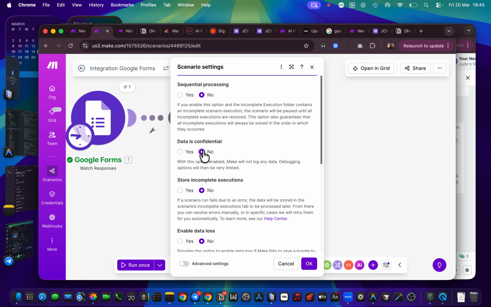For some industries, there are businesses or companies that want to be sure that whatever you are doing with the data of the customers or clients coming in is confidential. You are not playing with it in any way. Make.com is not doing anything with their data, but when something has an issue like this, the data has to be stored somewhere.